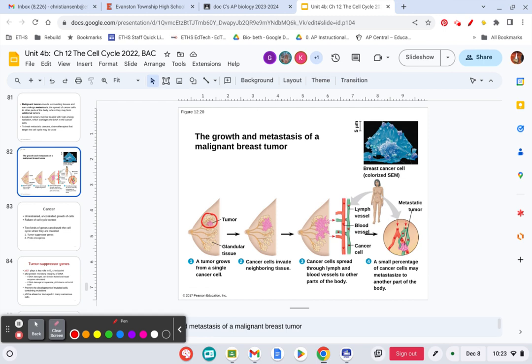So here we're seeing that it's getting bigger. And at some point, it's going to get close enough to either the bloodstream or the lymphatic system. And when it does that, remember, these cancer cells don't have to anchor to anything. And so they can be produced and then just go into the bloodstream. If they're close enough, they'll just diffuse into the bloodstream or the lymphatic tissue, and now they can move.